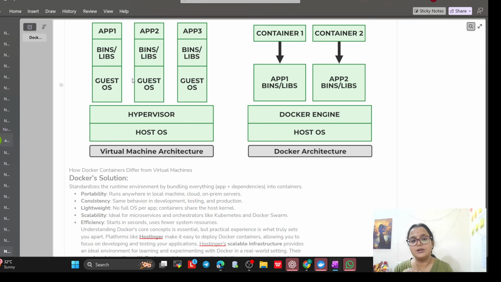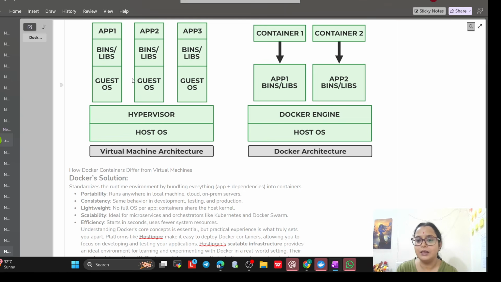Now what Docker will do, containerization means it adds all things and gives it in a bundle form, like application, bins, libraries, operating system, all in one. And please try to say, maximum people say Docker does not have any operating system, but we should not tell it like that. We should say Docker has a very minimal operating system.